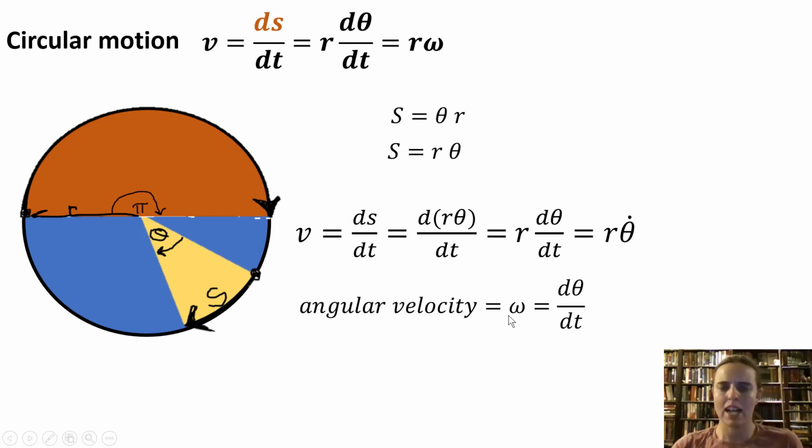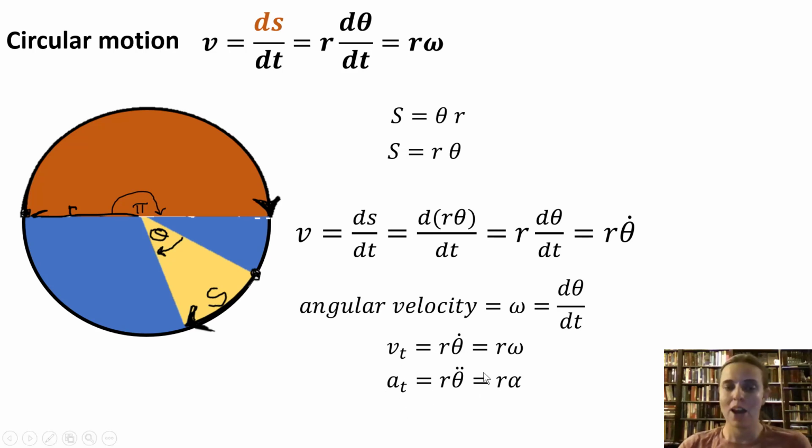So here's our angular velocity, just how that angle is changing with time. And if we take the next derivative of that, that will be the tangential piece of the acceleration. This is just one of the pieces of acceleration. So there's normal and tangent pieces. There's how the magnitude of velocity is changing and also how the direction is changing. So the tangential piece of the acceleration, which is just the next derivative down, describes how the magnitude of the velocity is changing. So if we go from like 30 miles an hour to 60 miles an hour,